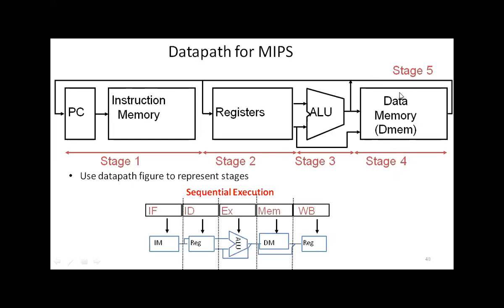So this is the data path. Data flows this way, through these components, using the bus. This is the sequential execution of instructions, where these stages are used one by one. First the instruction goes through the IF phase, then ID, then EX, then MEM, then WB. So this is all about the execution of an instruction in the RISC instruction set architecture, and this is the data path diagram. Is that clear, or any doubt?